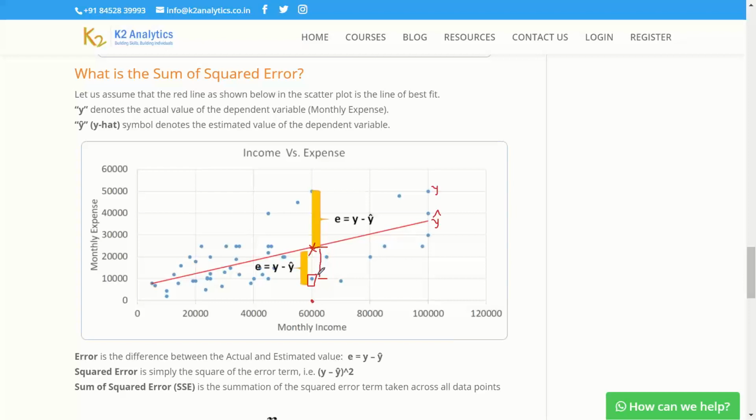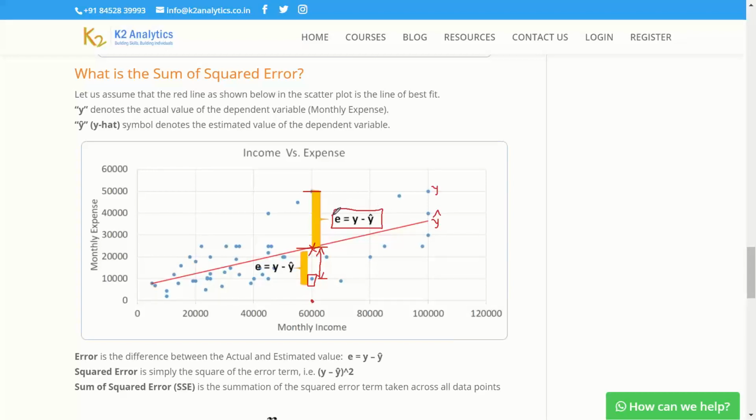So this is my error in the estimate for this family. On the other hand, there is another household which is spending lavishly, living life to their fullest, and my prediction is somewhere here. So this gap is the error for that household.